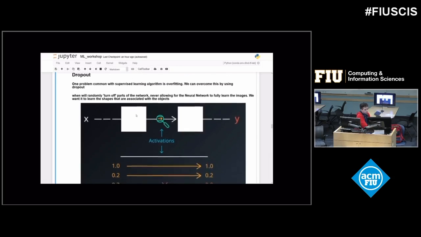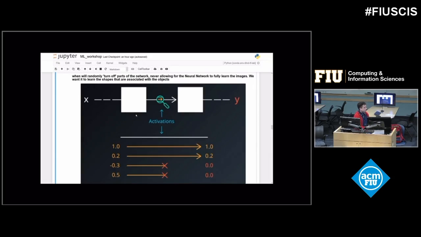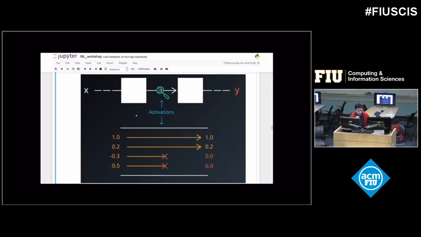While the network is training, there'll be certain things that it learns how to activate, like it'll learn how to recognize your face. But if we wanted it to recognize all types of human faces, we might not want it to recognize specifically your face, but any human face. So we'll randomly turn off parts of the network that would regularly activate, and then have the neural network try to learn anyways. This will reduce it so that it'll learn shapes, but it won't learn specific images.